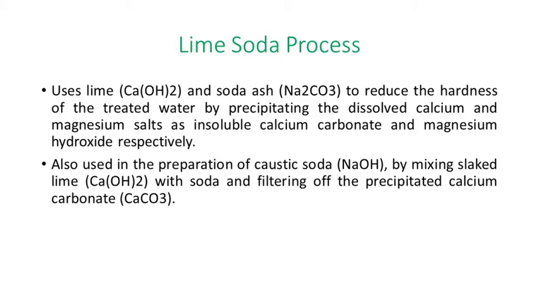Some of the equipment required for the lime soda process is a feeding and mixing apparatus, then a settling tank, then a recarbonation plant, then filters. Okay, so the first step is the addition of lime and soda ash. Okay, and aluminum compounds are mixed with the water. Then if necessary, some more lime is added to precipitate magnesium. And finally, the next step is to neutralize the extra lime added to the water by the action of carbon dioxide.